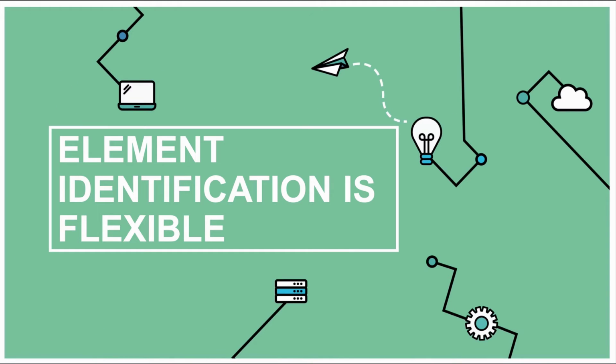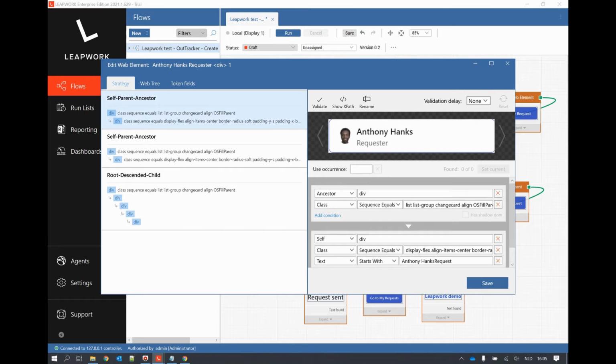So in the first I showed you how easy it is to use a recorder, and now I'm going to show you how easy it is to change the identifier to find a specific web element. So automatically LeapWork selects one